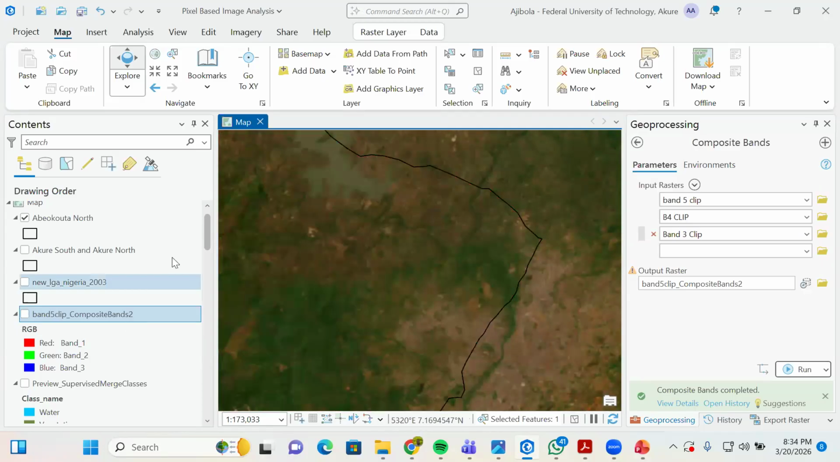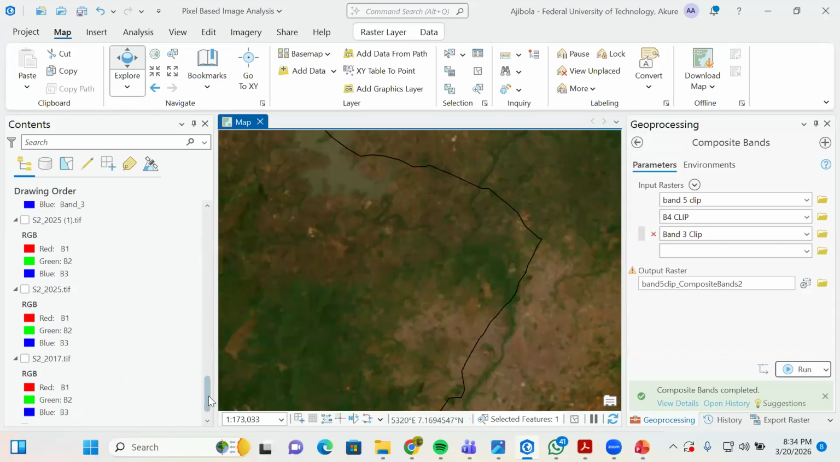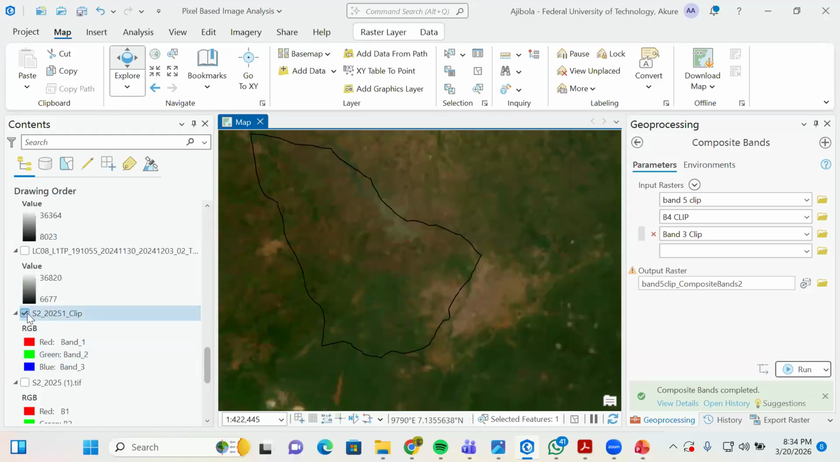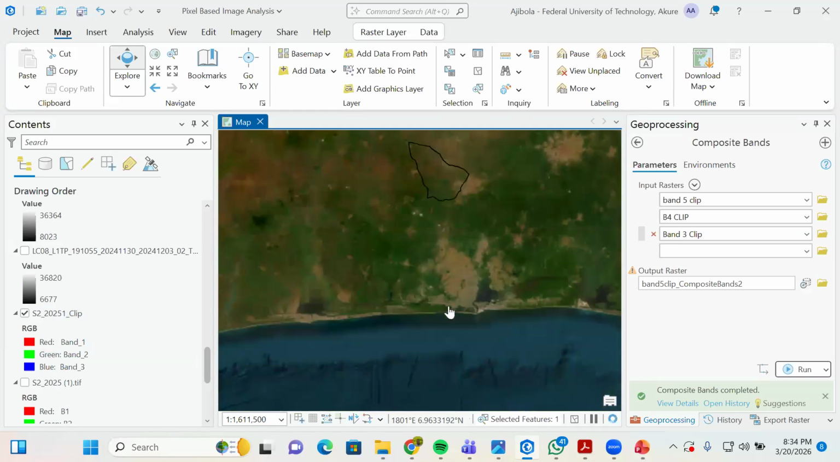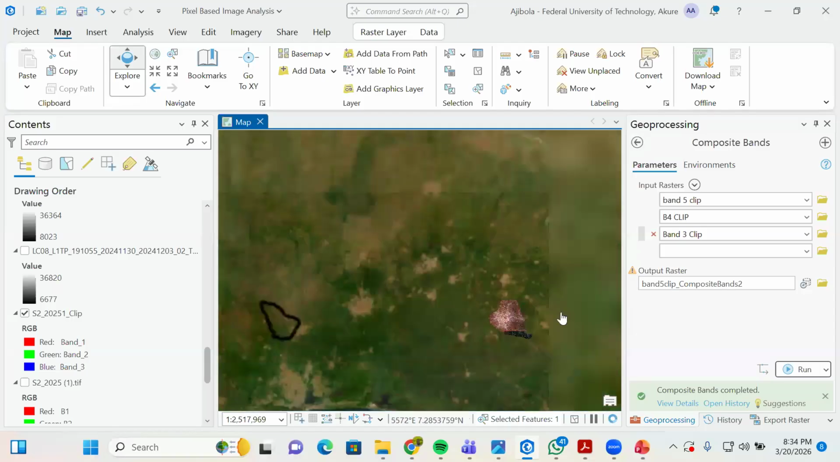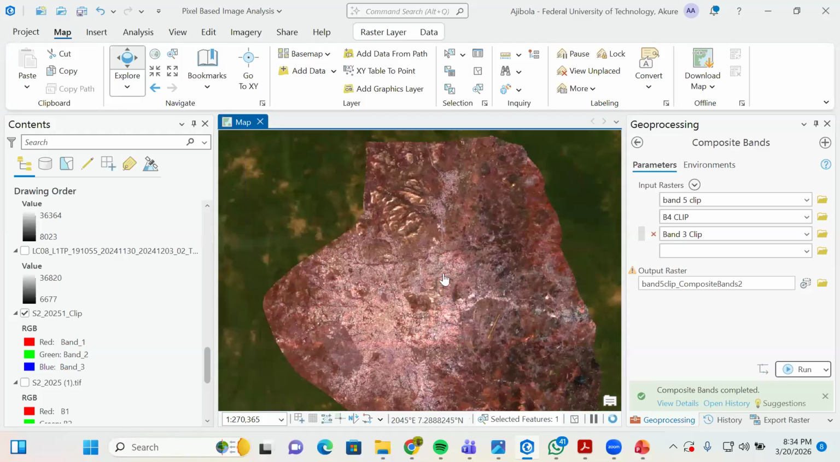Okay, just for learning purpose, let me show us a Sentinel imagery too, but this is a different area in Nigeria. Sorry about that. All right, so this is a Sentinel imagery, a true color tool for these are Akure North